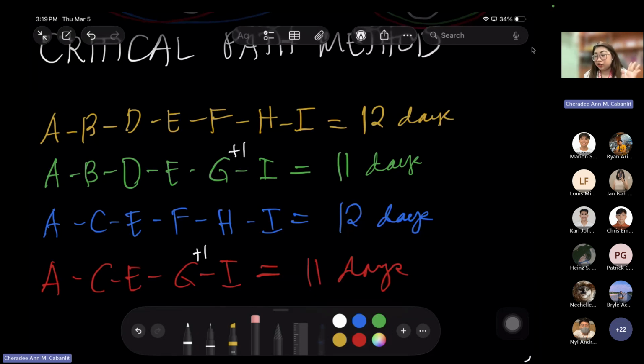Therefore, which are the critical activities? These are the activities in the path with the highest number of days, weeks, months, or the highest timeline, in short.